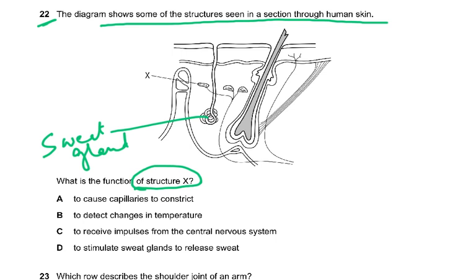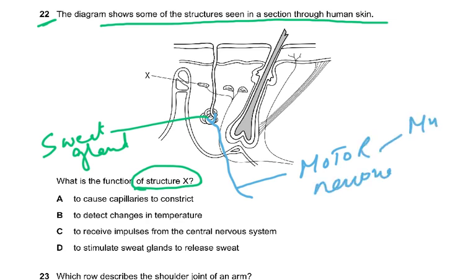So now the point that you've got to remember is there must be a motor neuron supplying this. I said motor neuron. I'm helping you to revise this and maybe a question comes on this. Why? Because motor neurons supply muscle and glands. So here you have this muscle, which is a hair erector muscle. So this would also have a motor neuron. Motor neuron means motor to a muscle or gland. So this would be the hair erector muscle, so there would be a motor neuron here as well, which is supplying the hair erector